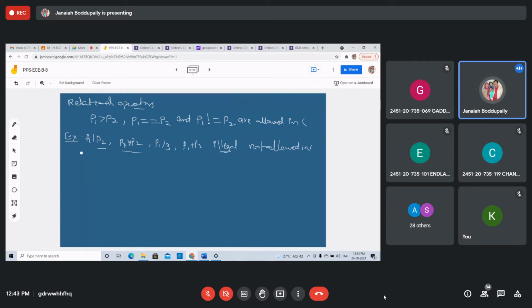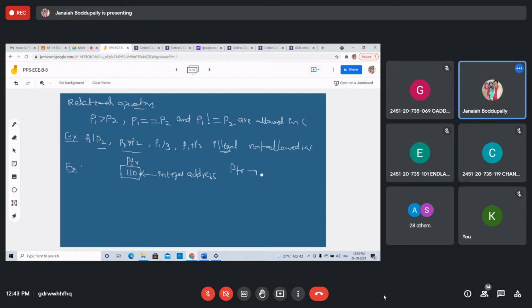Now one more example. See this, students. I'm taking one pointer variable PTR. This is the PTR address, the value at that PTR. PTR is a pointer variable, an integer pointer with address 110. Don't forget that.